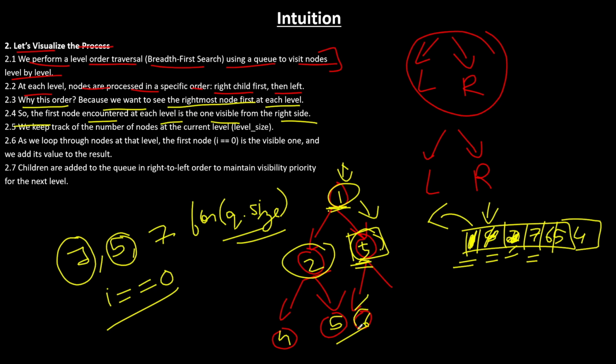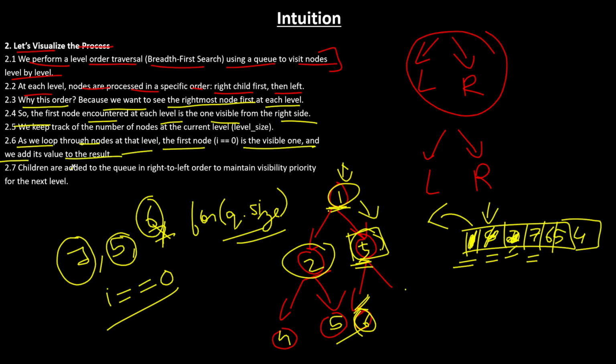The leftmost node would have been the answer, right? So in that case, right is not there. So you try to push left, right? Then instead of 7, it will become 6. As we loop through nodes at that level, the first node is the visible one, and we add its